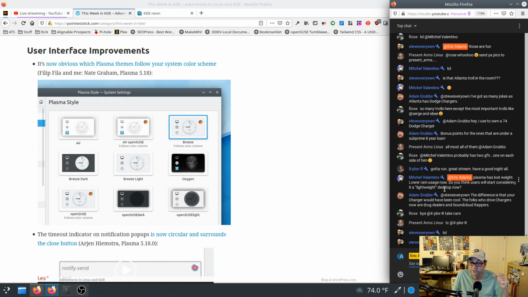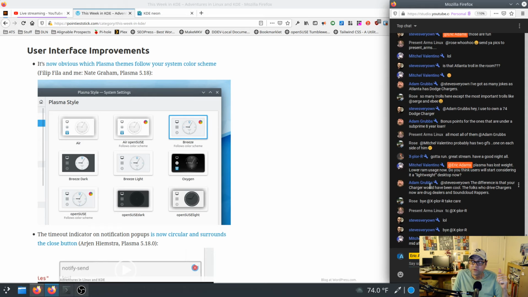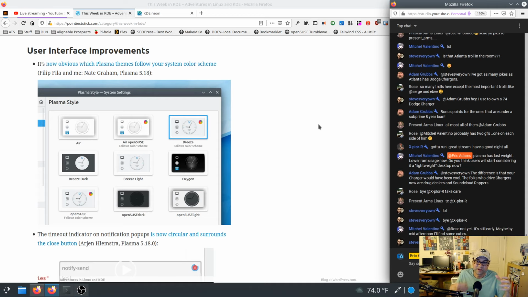Mitchell, plasma's lost weight, lower RAM usage. Will they consider it lightweight? Well, it depends. I still think it matters for the hardware that's underneath. So if you have a newer system with pretty decent specs, especially on the GPU side, because Plasma still does a lot with compositing, and you can disable all of that if you want and make it even lighter. But out of the box, you're seeing all these shadows, and there's definitely a lot of compositing and